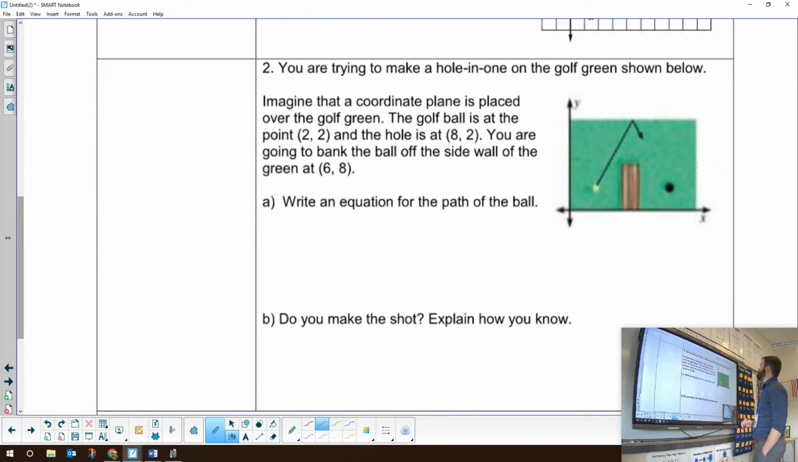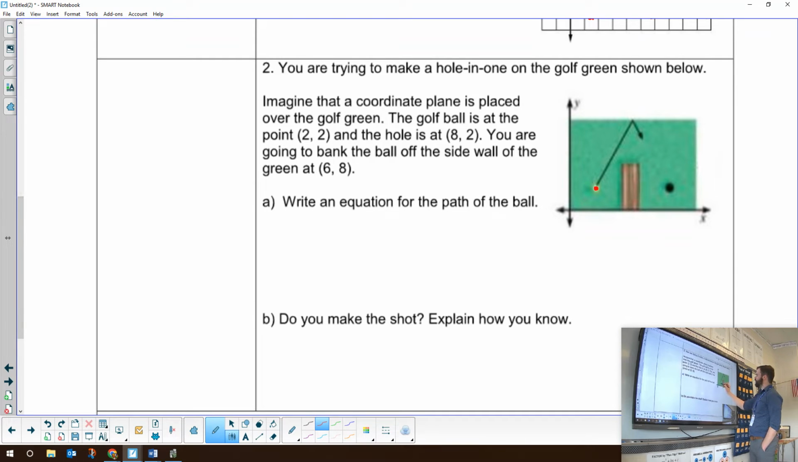On number 2, we have a really cool question. It says, you are trying to make a hole-in-one on the golf green shown below. Imagine that a coordinate plane is placed over the golf green. The golf ball is at the point 2, 2, and the hole is at 8, 2. You are going to bank the ball off the side of the wall of the green at 6, 8. So let's label some